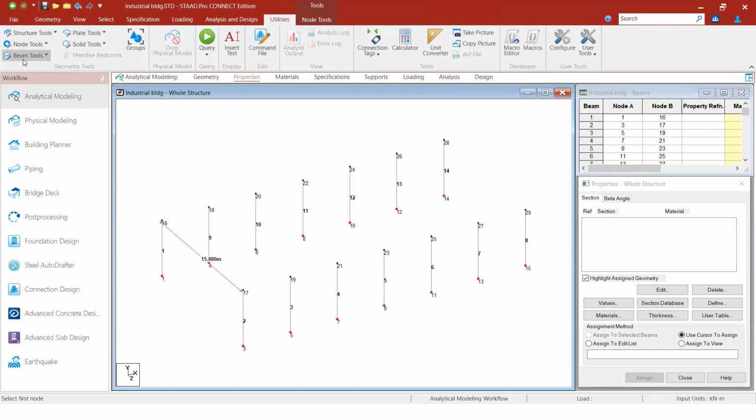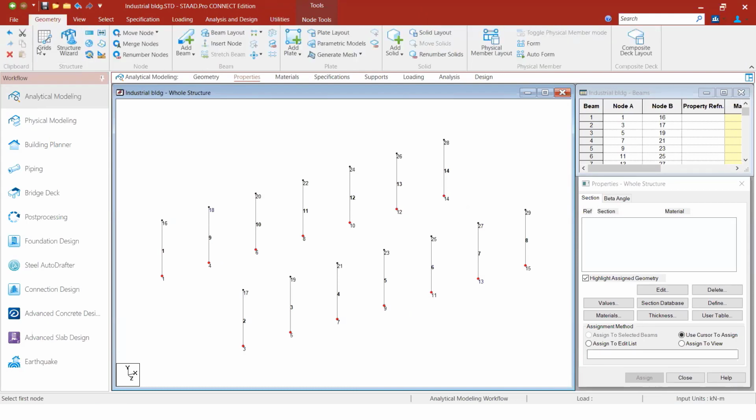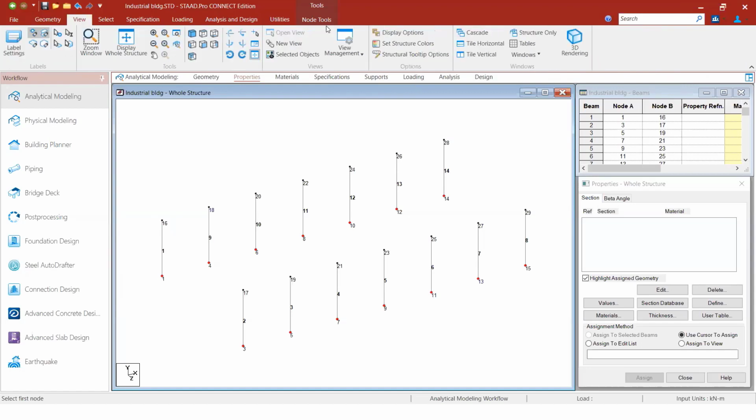So these are the various icons that are used. I think I will just take you through all the icons. So till this page I have just shown you the icons. Solid we normally use for solid creation of models. And next is the view. Here are the different view options that are available.